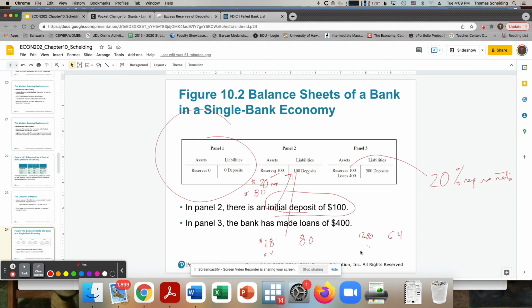And then the remainder is going to be lent out, and this process keeps continuing where each successive bank keeps holding 20% and lending out the other 80%. As that process keeps going on and on, as you'll see in the textbook, ultimately all the required reserves will equal that initial $100, and all of the loans that keep being made, $80 and $64 and so on and so forth, are all going to add up to $400. Adding up those two, that means that all the banks together are going to have deposits of $500.